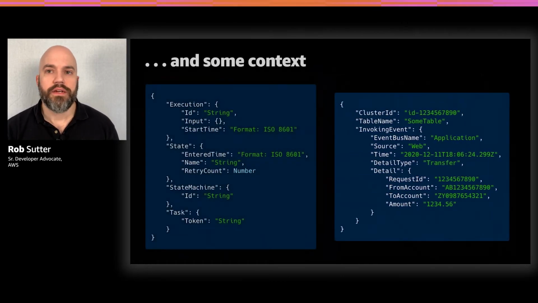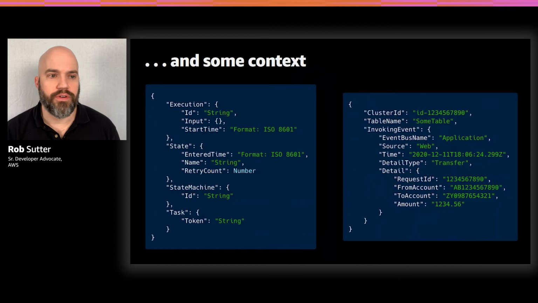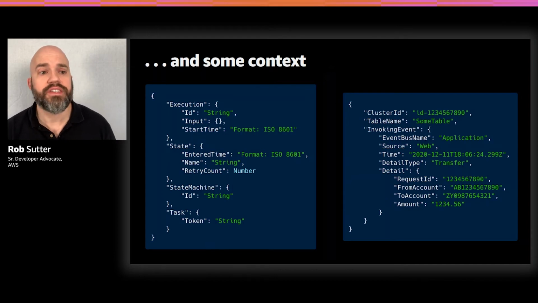Along with the event, you have the context object that we referred to previously. The context object provides metadata about this invocation of the workflow that's running right now. It tells you its unique identifier, when it started, what the original input was to the workflow. It gives you information about the state that you've entered, some similar info such as when it started or when the executor entered that state. How many retries are currently underway for this state